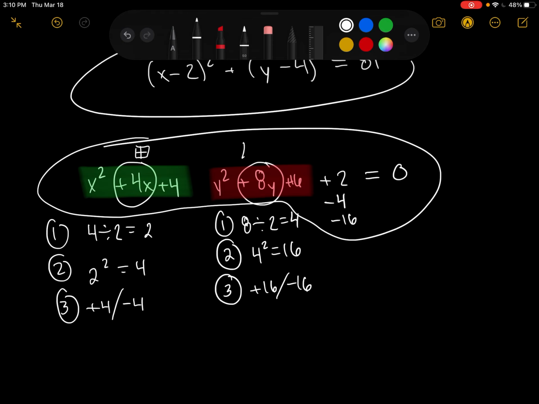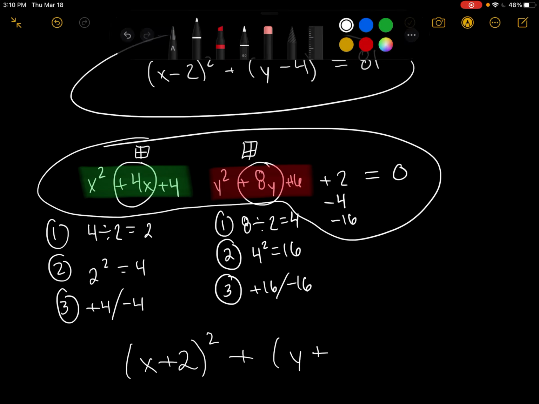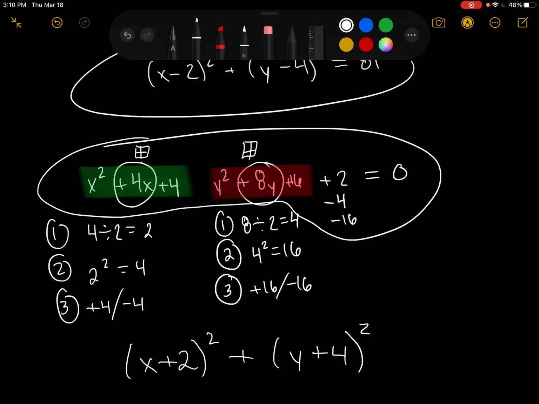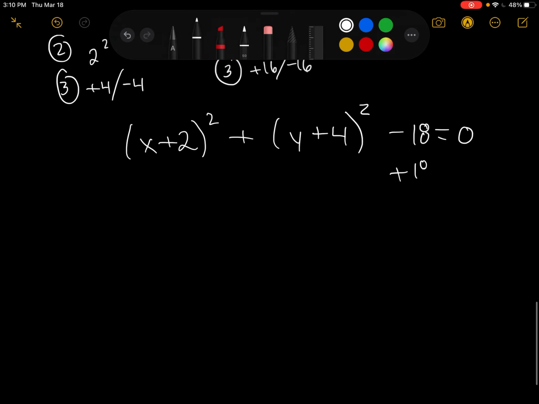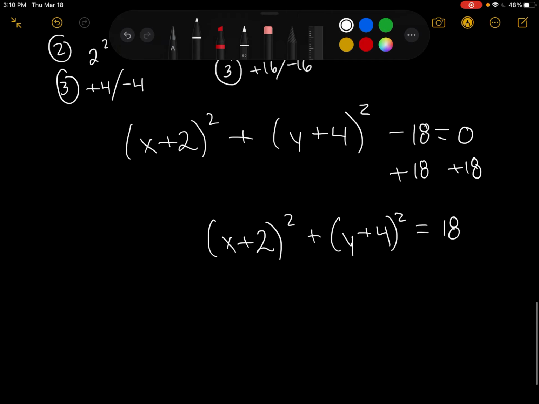And now what we need to do is take each of these and factor them. So we're going to put this in a 2 by 2 box, put this in a 2 by 2 box. If you need support on those, I would go back to, I think it's Unit 5, and look over some of your notes from that. But when we do that, we'll get x plus 2 squared plus y plus 4 squared, and we'll end up with minus 18 when we put all 3 of these terms together, equals 0, and then the last step, add 18 to both sides. So final answer here, x plus 2 squared